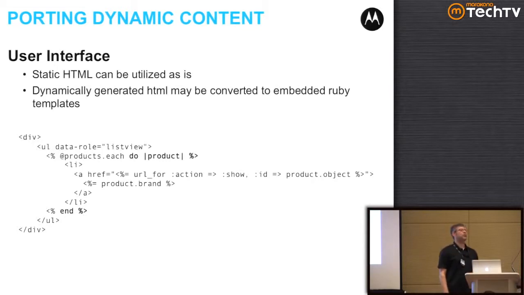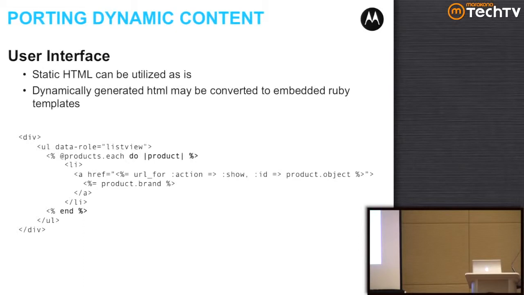Right? Helpers do things like generate the URLs for you. So for example, you can see that in this anchor, where I'm setting up the reference, right, I'm using a helper called url_for. And what I'm doing is I'm passing it an action of show and an ID from my